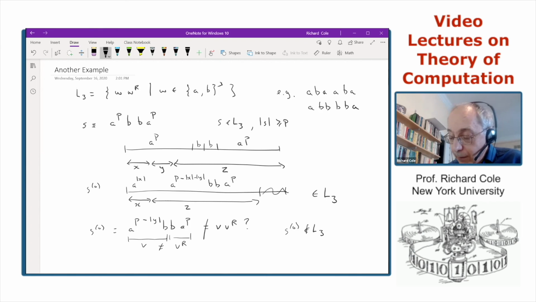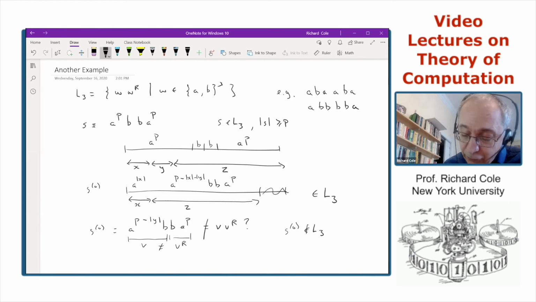One thing is, when making this argument that the string S0 is not in L3, it has to hold for any partition of this string into an initial string V and a final string, which you need to argue is not V reversed. So you need to make some argument that this is not of the form V reversed. It is not just that this is not the string W reversed that you started with. It's that it can't be rewritten as V reversed for any V.